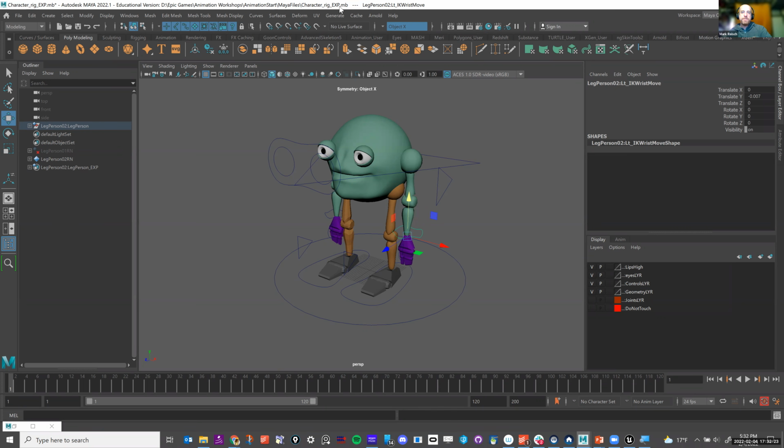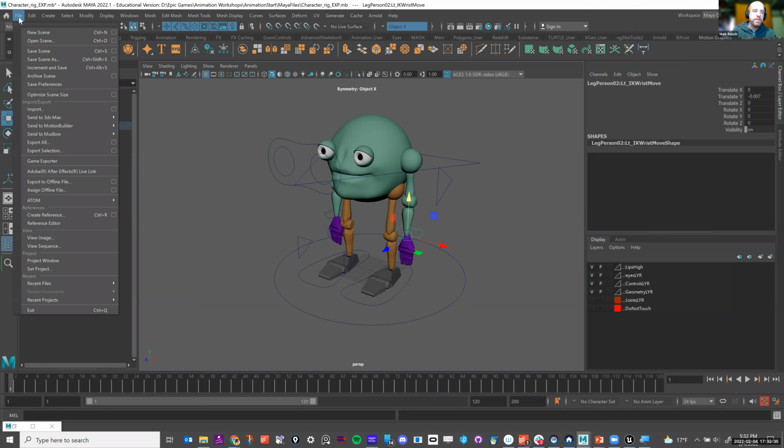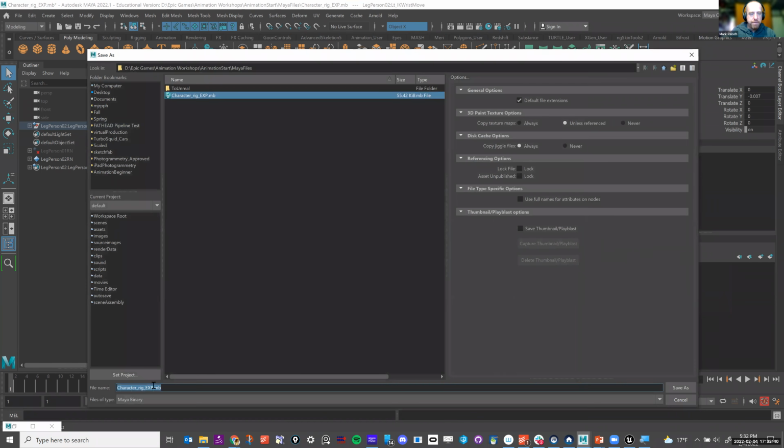Since I've already referenced them in, and they're already named character 1 and character 2, I'm just going to save this scene as, and call it character anim. I just put it as a capital character anim because I'm keeping this basic.